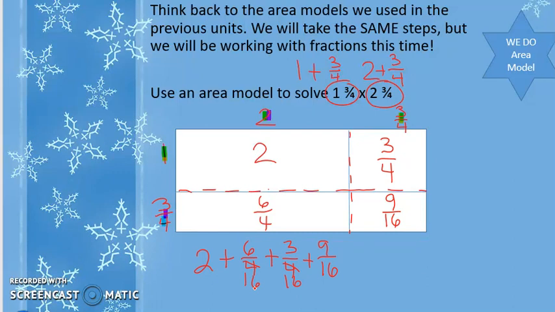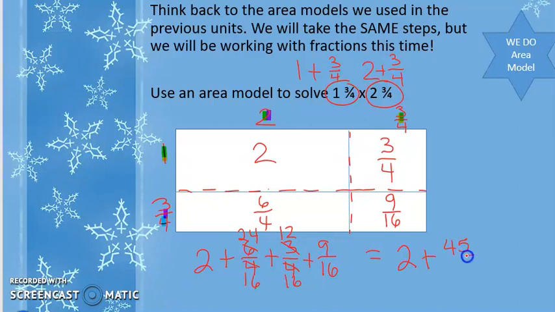Remember, whatever we do to the bottom, we also need to do the top. So we multiply 6 times 4, we get 24. We multiply 3 times 4, we get 12. And now we need to add up the numerators. So we have our whole number 2, plus we have 24, plus a 10 is 34, plus 2 more is 36, plus 9 is